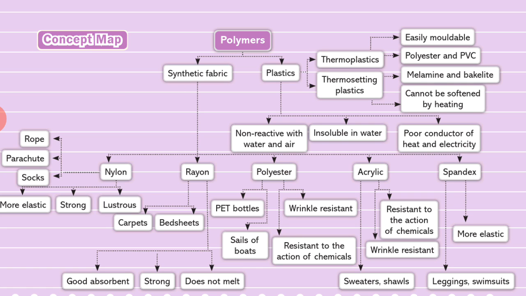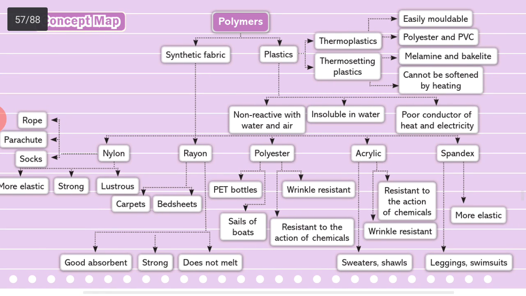And then in the plastics part that we discussed today, we studied thermoplastic and thermosetting plastic. Thermoplastics are easily moldable; polyester and PVC are examples of thermoplastic. In thermosetting plastics, we studied that they cannot be softened by heating, and the examples are melamine and bakelite. So dear students, in this way we are able to wind up chapter 3, that is synthetic fibers and plastics. So do a thorough revision of this chapter with the exercise questions